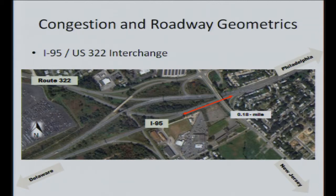And the answer is yes. And that's exactly, actually, no, we knew that. We knew what the result would look like pretty much, and we were happy that the result reflected our expectation. And the reason is because Route 322, when it ties into I-95, by the way, where it carries a lot of heavy traffic, what happens is they merge from the left, and then